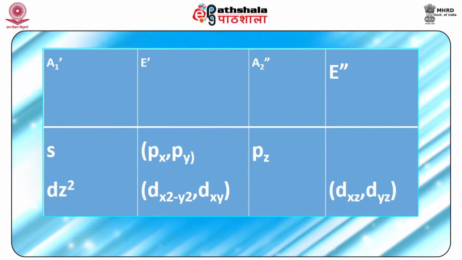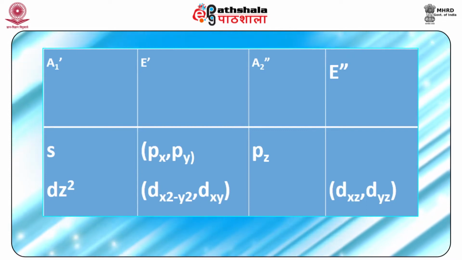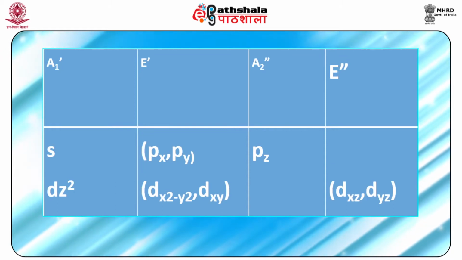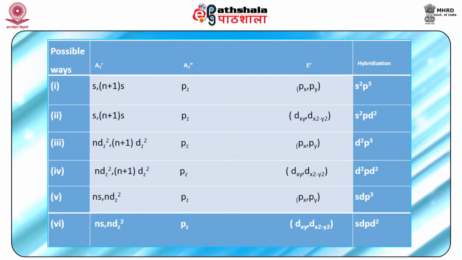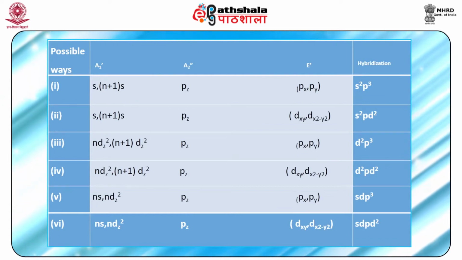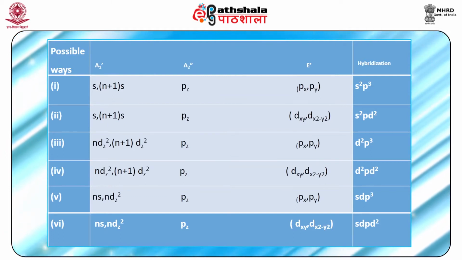The various possible combinations of atomic orbitals on the central atom phosphorus are summarized in the table over here. Possible ways are 1 to 6, and for 2A1 dash, A2 double dash and E dash the hybridizations are listed